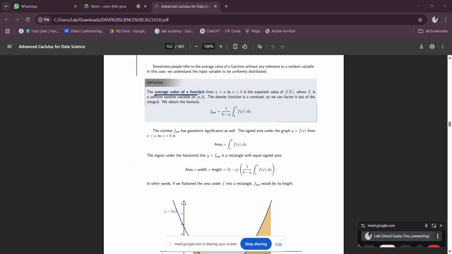The average value of a function from x equal to a to b is the expected value of f(x). You know, average is what? Expected value, where x is a uniform random variable. If x is a uniform random variable, then its PDF is 1 upon b minus a. When I find the expected value of f(x),